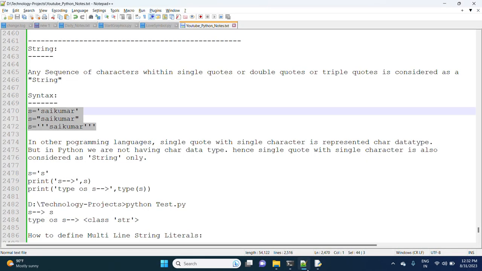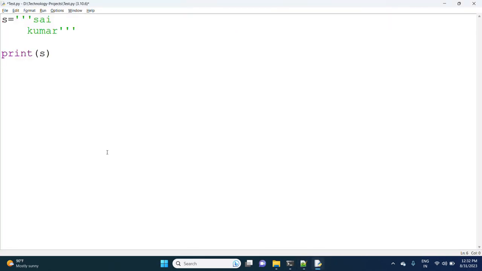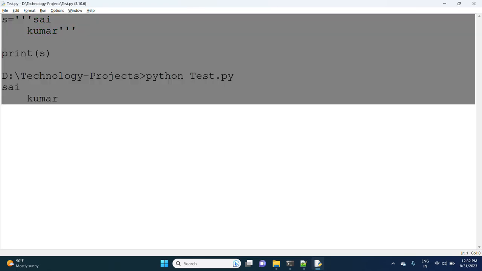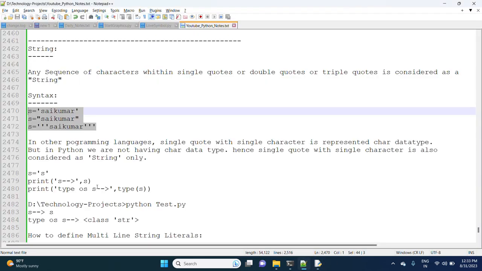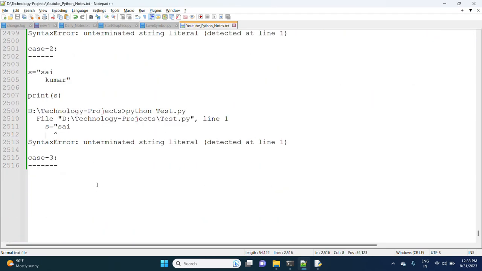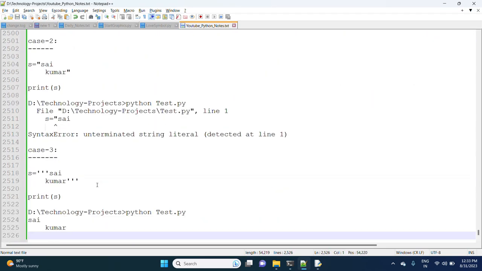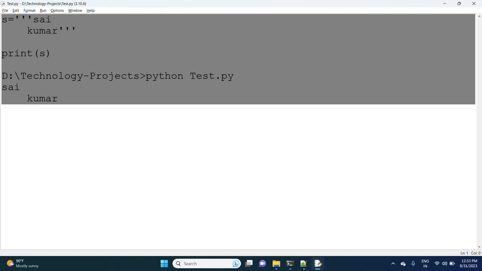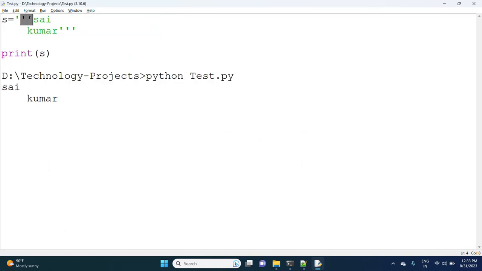One more thing. In the previous examples, when I was writing single quotes, it was giving some kind of color. Based on the color also we can identify the problem. Observe one more time. If I'm taking triple quotes, there is no problem.